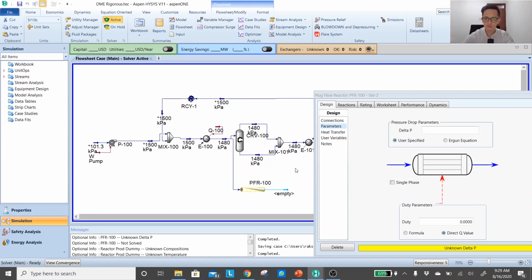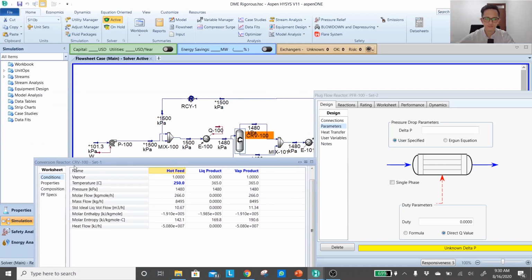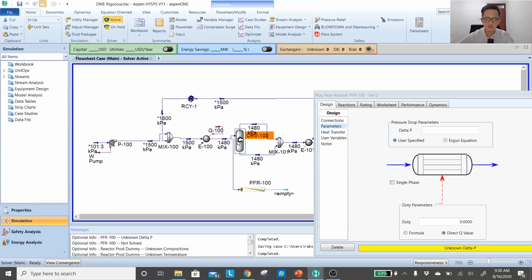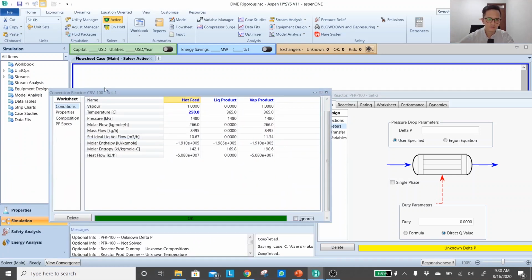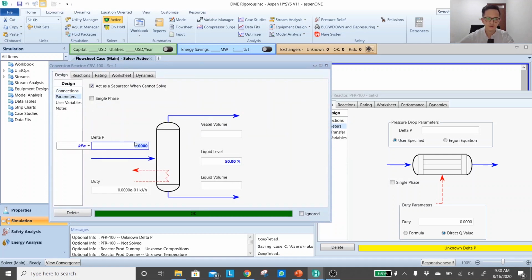So for now I'm going to use the same pressure drop. Now I realized that we haven't actually put a pressure drop in the previous simulation, and you can add that to make it more identical. So in the conversion reactor parameter, let's say you want to put 50 kPa or 0.5 bar.